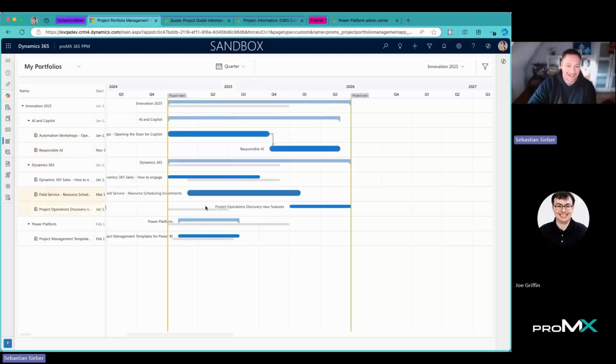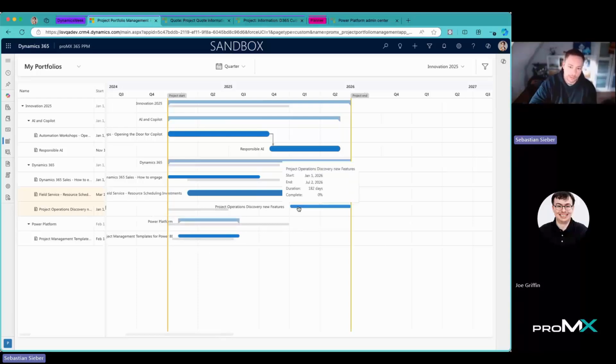Of course, I did not complete anything yet because I did not yet start on it. And I can see the planning progress because these gray boxes underneath each of these little projects are my baselines. So at some point I created my plan for the next year and said, okay, this is my planning and this is my baseline, which I'm oriented to. Then I saved that in the system, and now I still have this data available, for example, that the project operations, discovery of new feature was already planned for Q1, but now it has moved to QA,